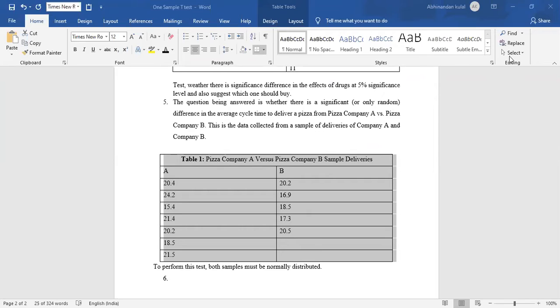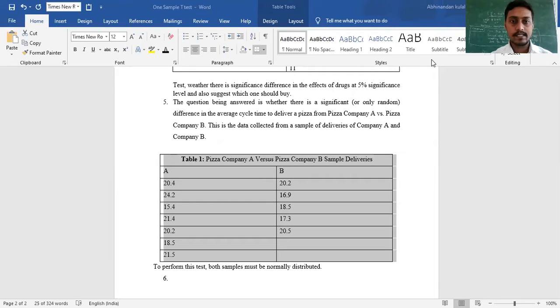Normally, t-tests are used to compare the mean between two samples. It compares the means of either a population with a sample, or sample and sample. And when samples are independent, then we have to use the independent t-test. So in the last class, we discussed independent sample t-test, independent two sample t-test.